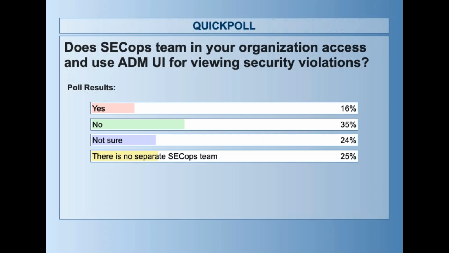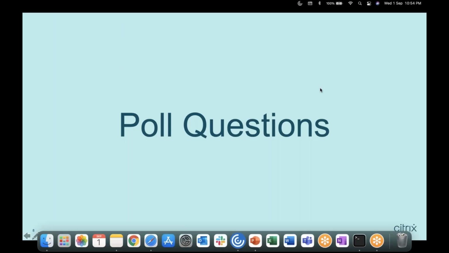Some of you aren't using it yet, and some of you may be using this feature on your own, where you don't yet have a SecOps team dedicated to this. Either way, really cool to see so many of you already using ADM today and the security portions of it as well. All right, so with that, I guess we'll go ahead and turn this over to John